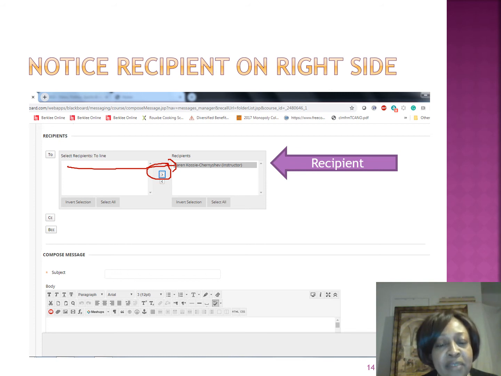Okay, now if I've made a mistake and I really don't want to send a particular student a message, then I would click right here on the little arrow at the bottom. Excuse me, I covered it. But I would click on the one that appears on the bottom. Okay, and when I click on that one, it will actually send the name back to this side. Okay, so we've chosen our recipient,